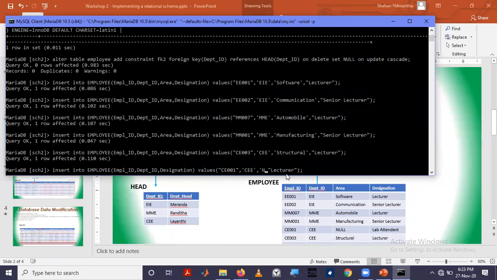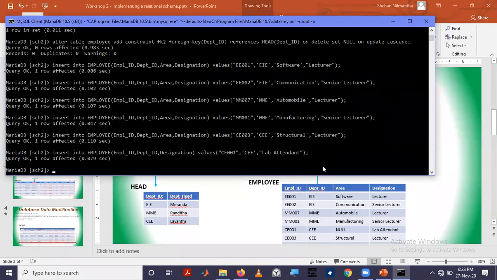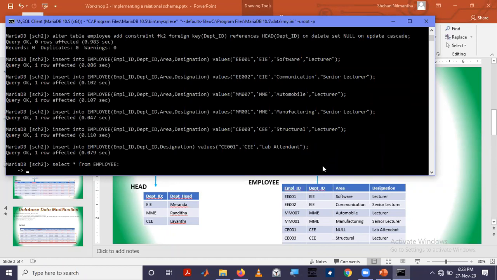You don't insert null. Right. So when you look at this table, select star from employee. Sorry.